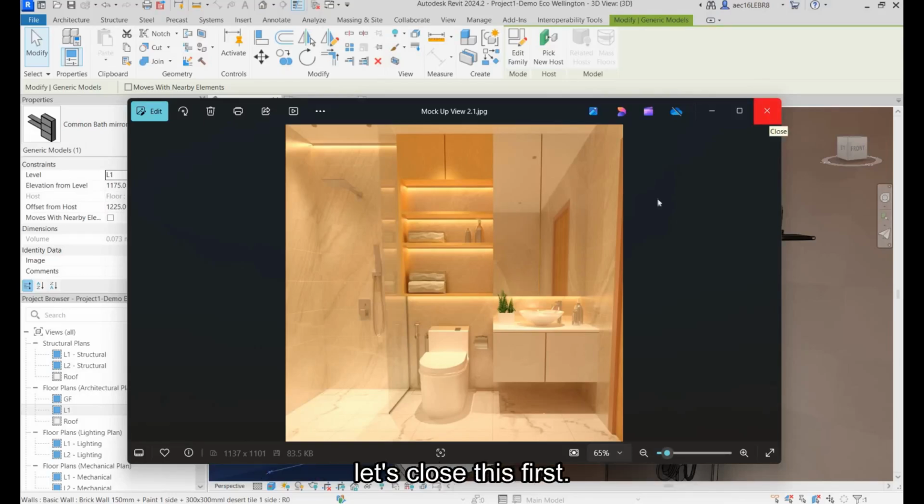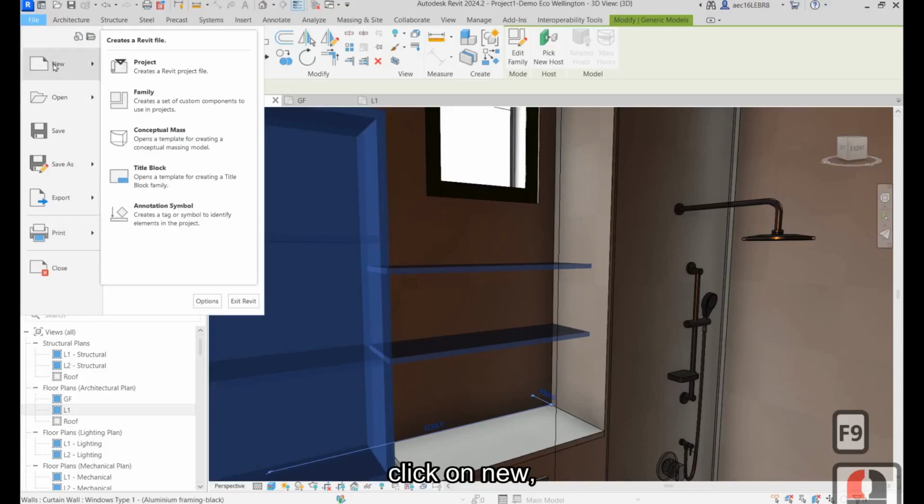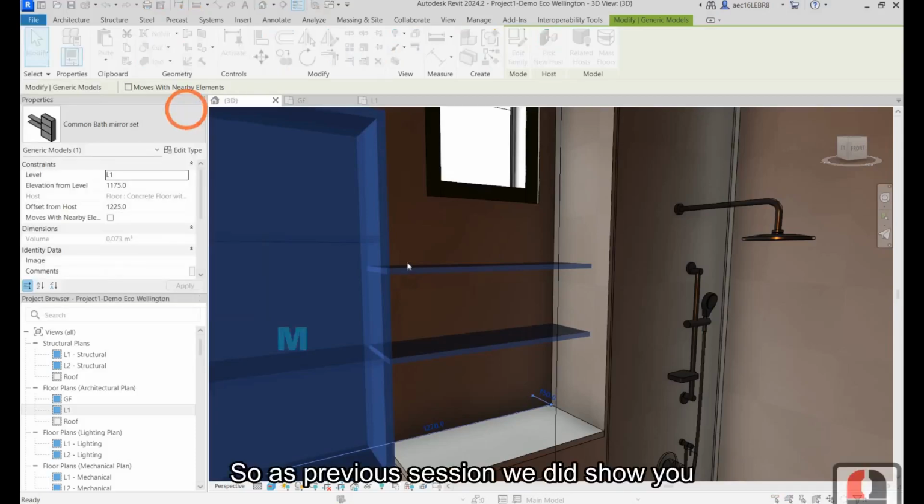So first of all, let's close this first. Then, as usual, we go to create our new family. Click on file over here, go to new, then family.